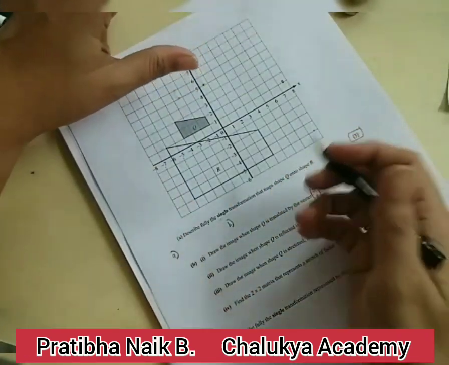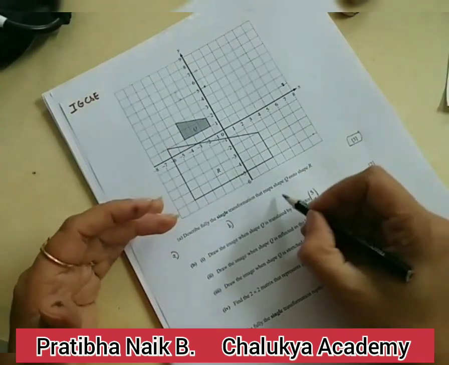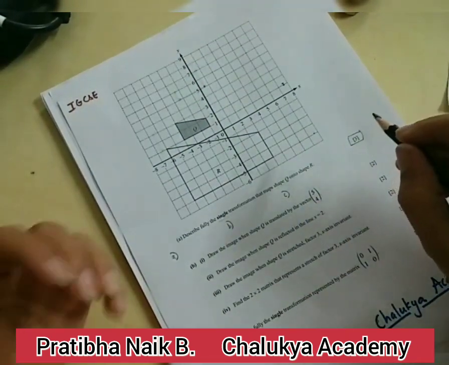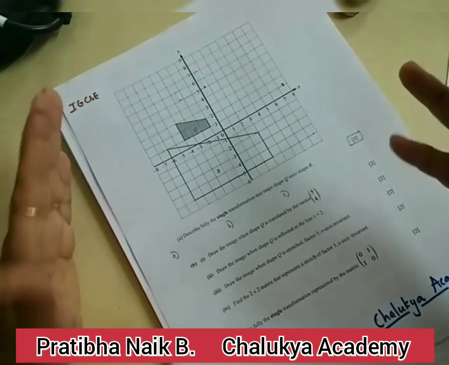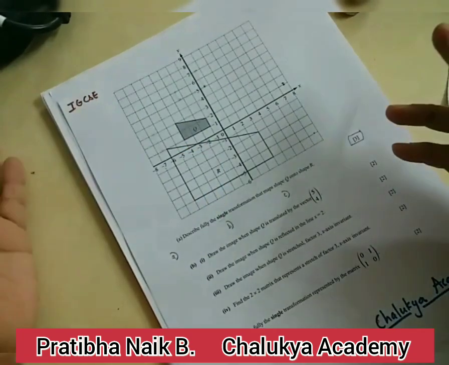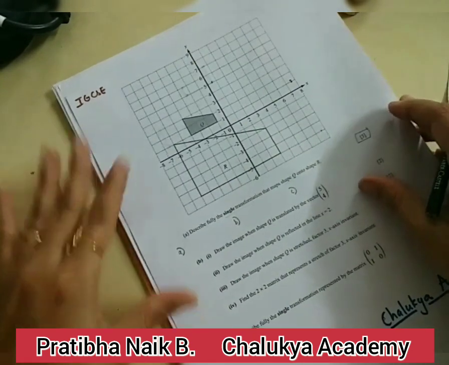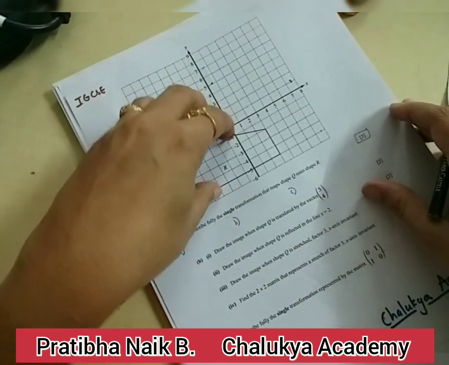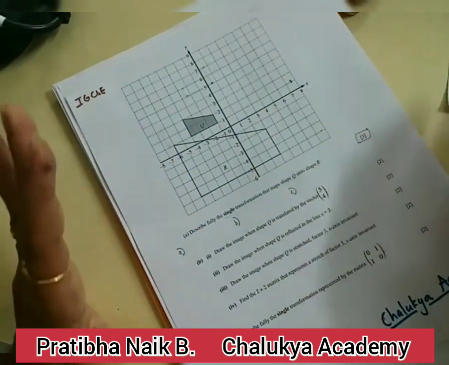B, if there is an enlargement you have to find the origin through which we are enlarging the figure. And C, you have to find the scale factor, like whether it will reduce or enlarge, and through which factor, whether you are multiplying the given unit by 2, by 3, by 4. So that scale factor you need to mention. Okay, so now you will be given the 2 figures and you have to give these 3 points and the 3 marks are allotted for this.